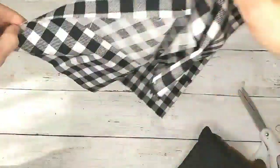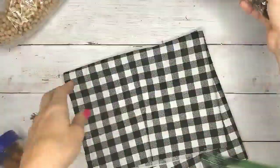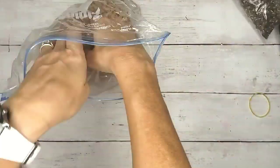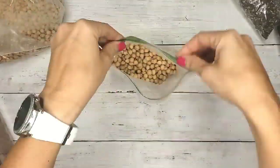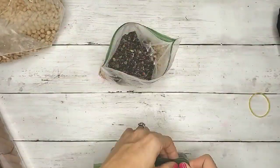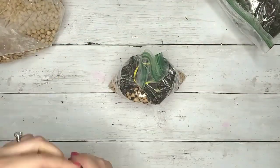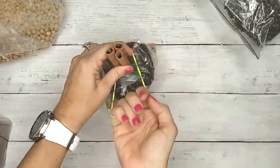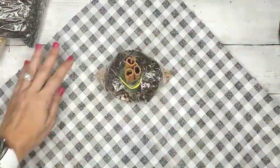I just basically cut it open so that I could use the inside of it as the material to fluff my pumpkins. I used a $1 fat quarter found at Walmart, that buffalo plaid fabric. I used some dried cherry pits and some dried lavender as my insert, but you could use dried beans or dried rice. And then I also used some cinnamon sticks, and I used a rubber band, and I put everything